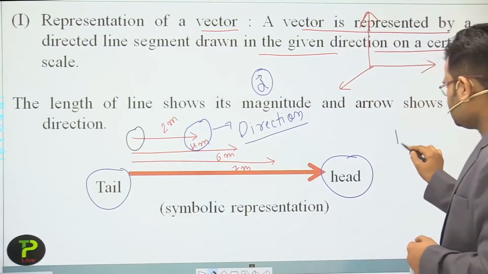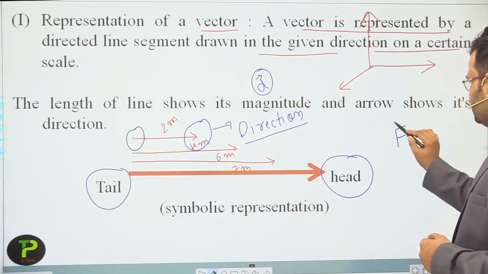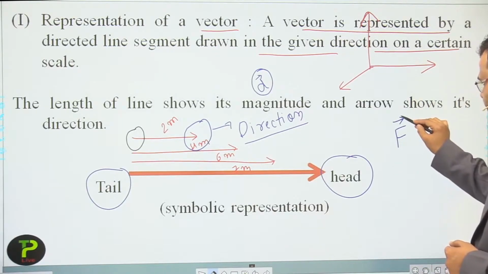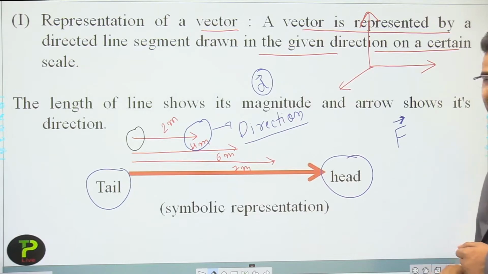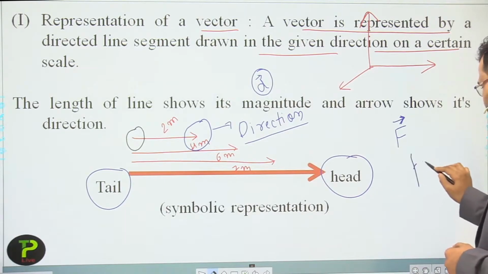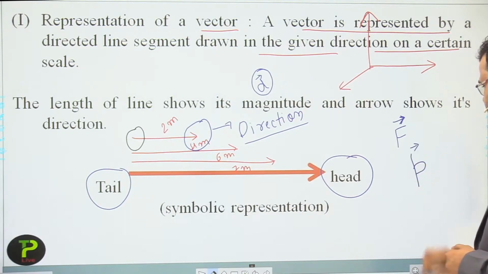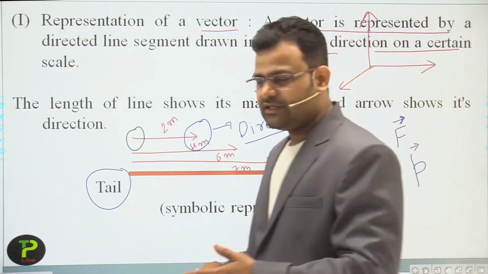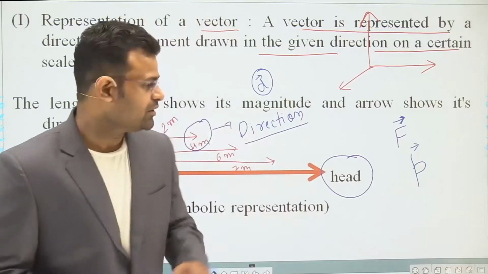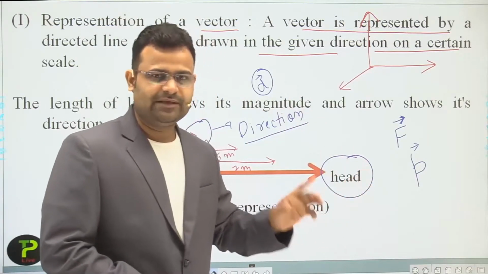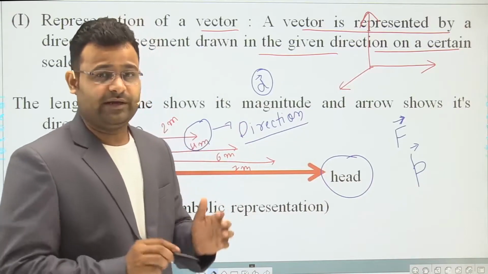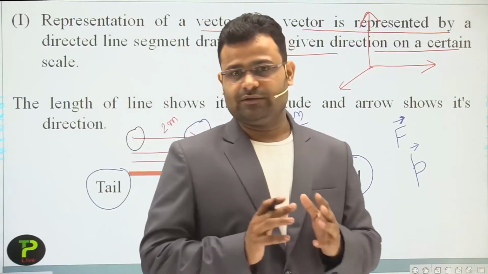Just like force is also a vector quantity, so we make a vector; the arrow above it always shows it is a vector quantity. Just like momentum, momentum is also a vector quantity. P is the symbol of momentum. Okay, students, in further classes we will study momentum also, but the symbol of momentum is P. Then we mark an arrow above it, meaning, dear students, it is a vector quantity.